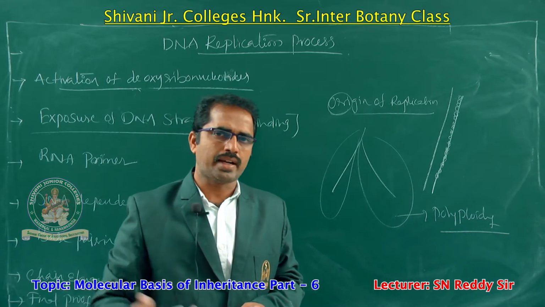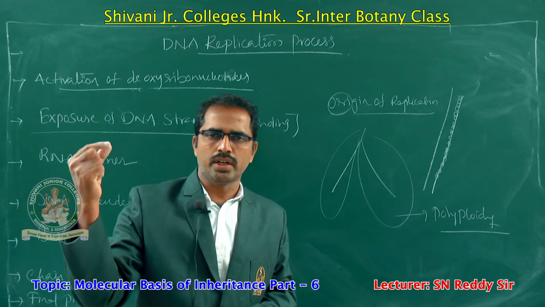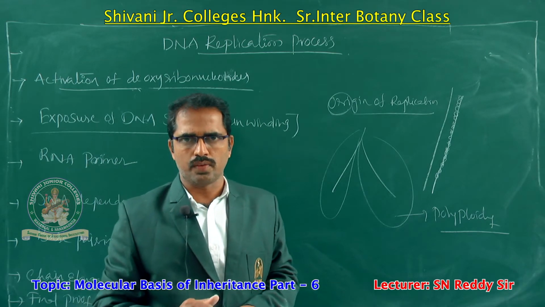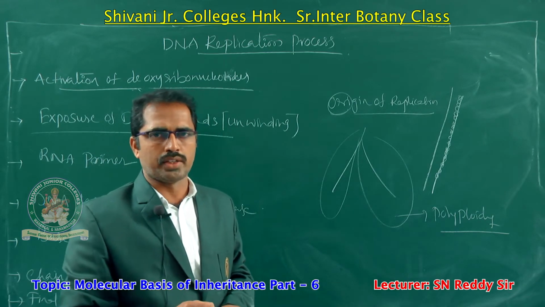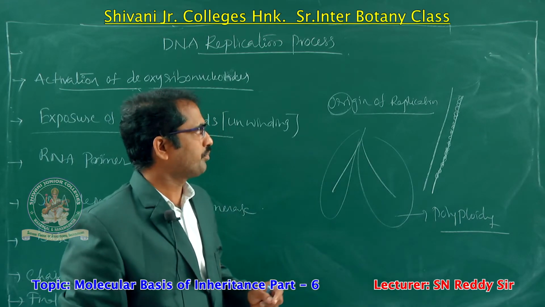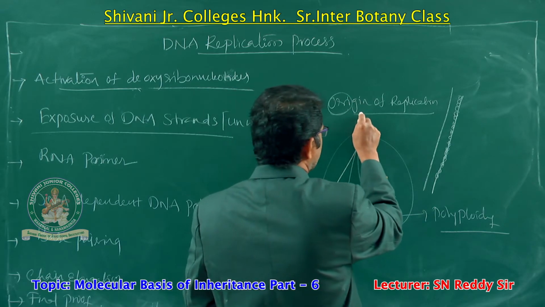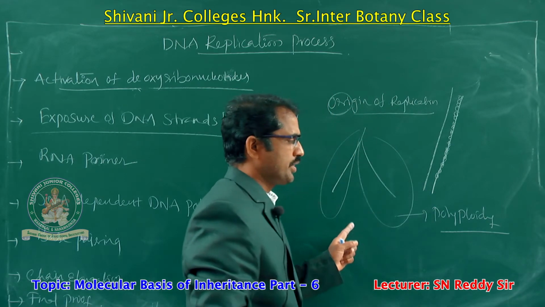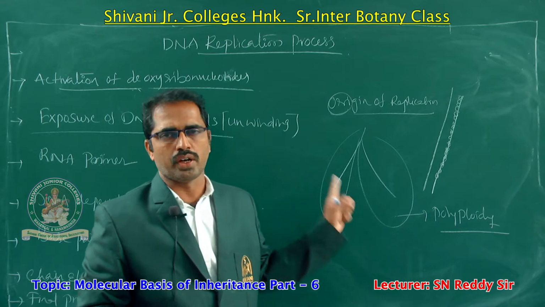Okay, this plasmid acts as a vector actually. We insert the foreign gene in this plasmid at the ori site. Then only the replication will be continued. So that's why the ori site is the most important. This is the starting point of DNA replication.